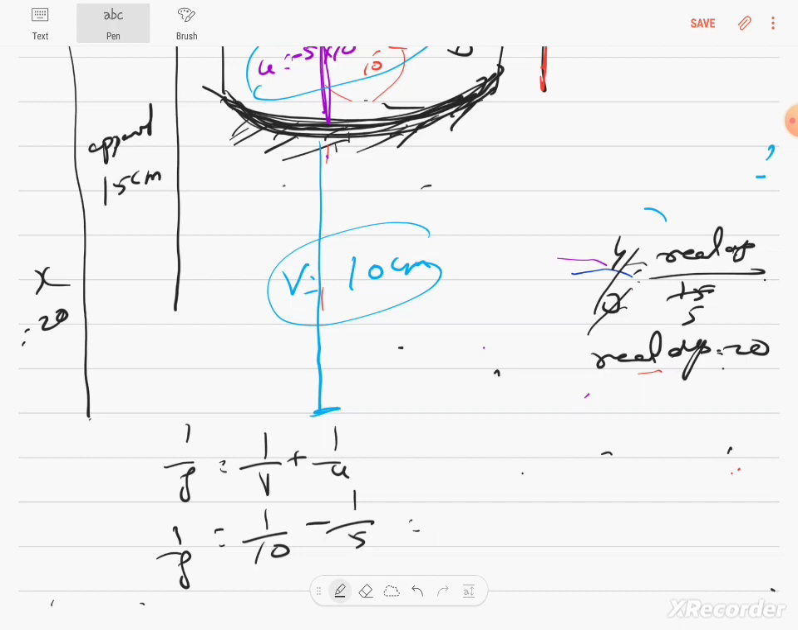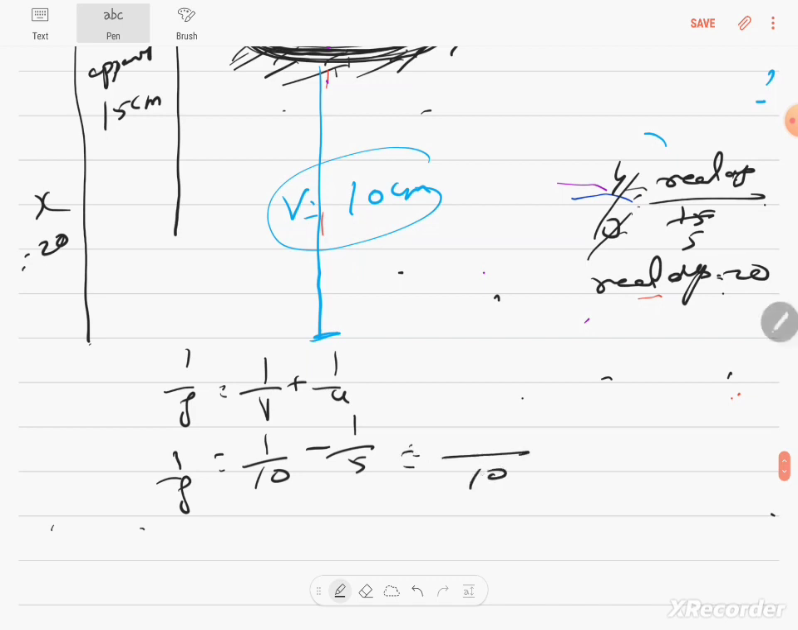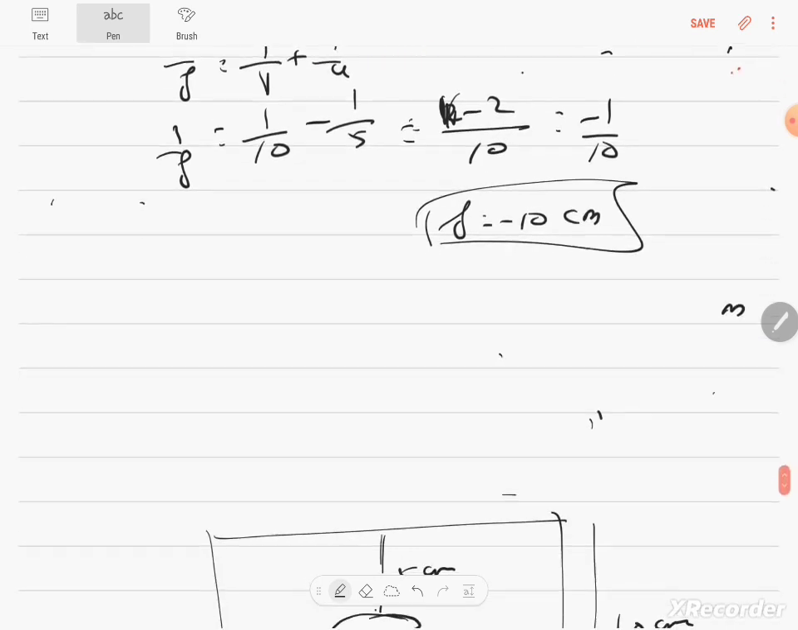That's when you have to convert the centimeter into meter, because diopter is the reciprocal of focal length in meters. So that's the only case where we convert the focal length into meters, when you want to calculate the power. Otherwise, we'll just do it like this: 1 minus 2, it's minus 1 by 10, and you get F to be minus 10 centimeter,